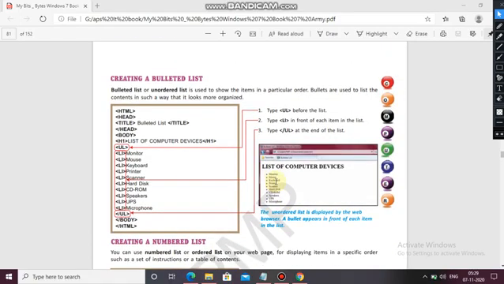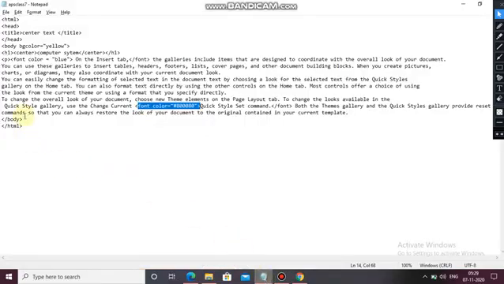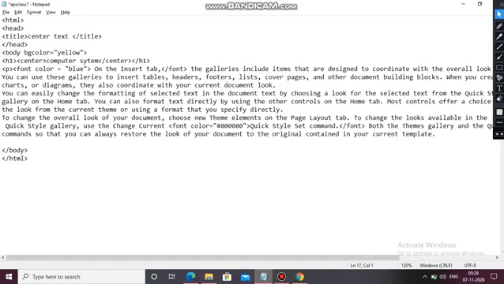Now I have told you that I will show you the practical of this one also, the bulleted list. Okay, so I am just showing you. Here I am writing. You can see it.